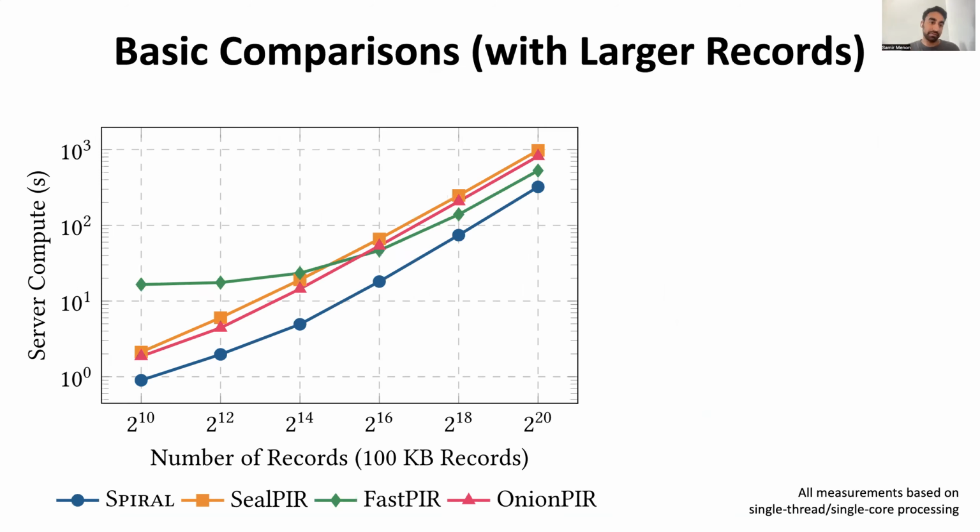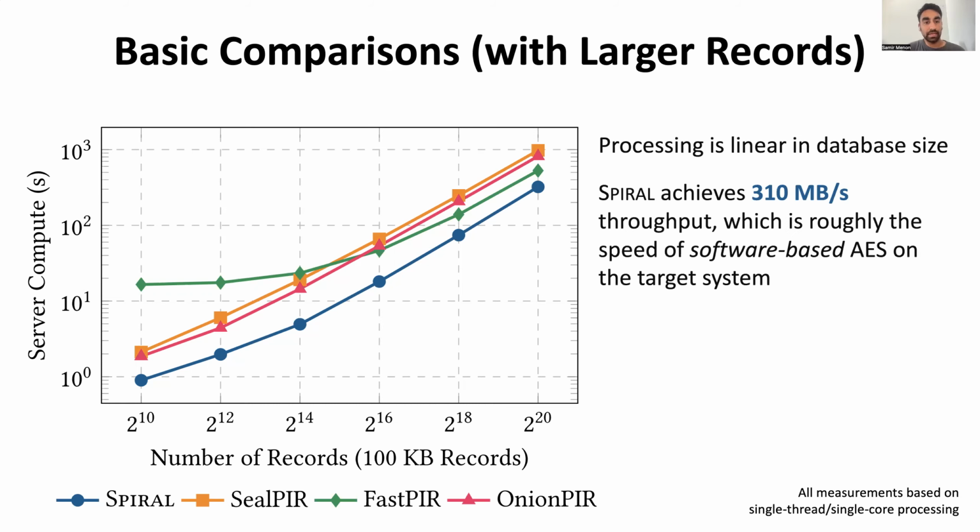We also have a graph of how the system performs when we fix the record size and change the number of records. You can see, indeed, as we said before, the processing is linear in the database size. There's a little bit of change at 2 to the 14 because there are some fixed costs on the left of the graph. At this linear portion, our throughput, even with query expansion, is already about 300 megabytes per second,